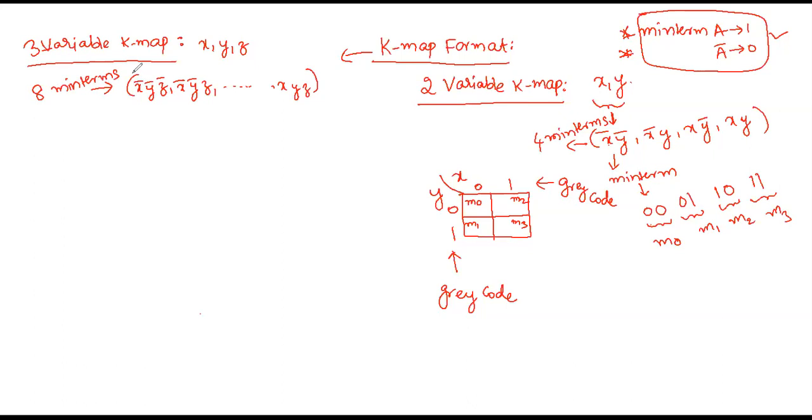These are the maximum minterms in the Boolean expression. If you find the values, x bar y bar z bar is 0 0 0, then 0 0 1, like this up to 1 1 1. So you will get m0, m1 up to m7. You have minterms m0 to m7, and the format you can write in two ways.